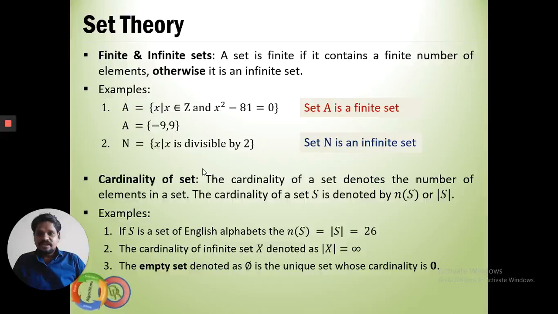The cardinality of the empty set, now it is a notation for the empty set, you may note it down. Empty means, remember, there is not even zero in the set. Zero is an element, one of the numbers representing some property. So the cardinality is equal to zero. Cardinality means how many numbers are there. There are zero numbers, no number, not even zero is there. If there is a set of zero, we say the cardinality is one, one element known as zero.